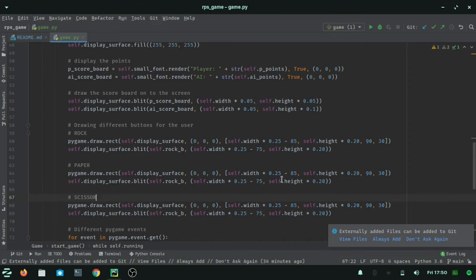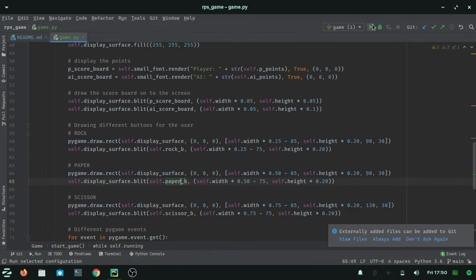For the paper we have 0.50, and for over here we have 0.75, we have 0.75, we have 0.50, and for the paper and for over here we are going to have 130, and this has to be scissor B and it's paper B. So now if I just run this,